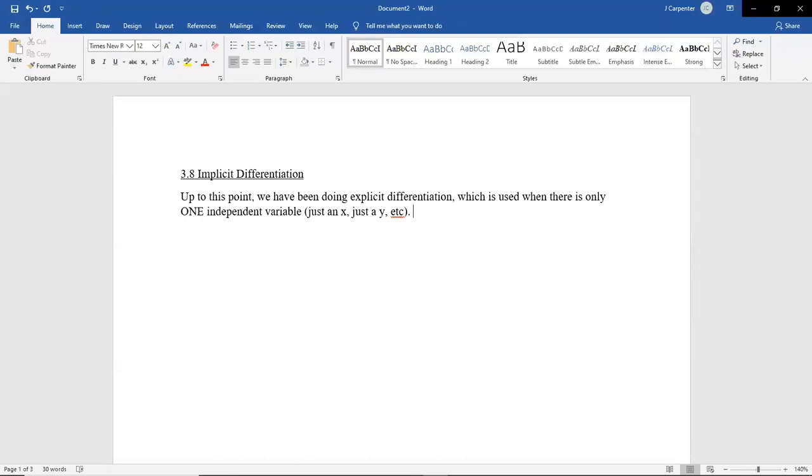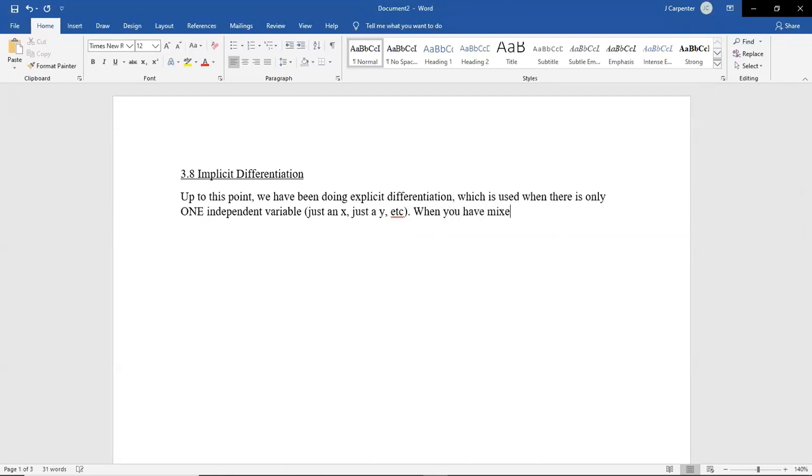Now, in that last section, we started having formulas that we wanted to take derivatives of that had multiple variables, and we said, well, for now at least, we need to take one of those variables and put it in terms of the other. Well, now we're going to learn a way that we don't necessarily have to do that. For the optimization problems, it's still the best way to do things. This is going to be used for another setup that we'll see examples for, obviously.